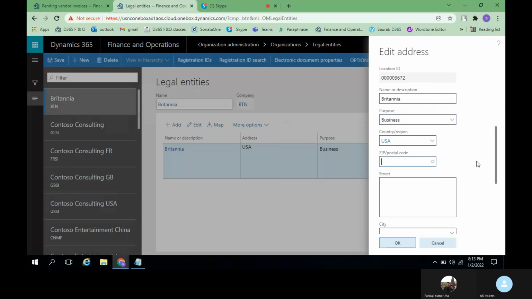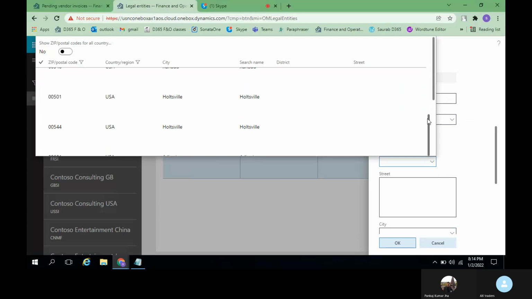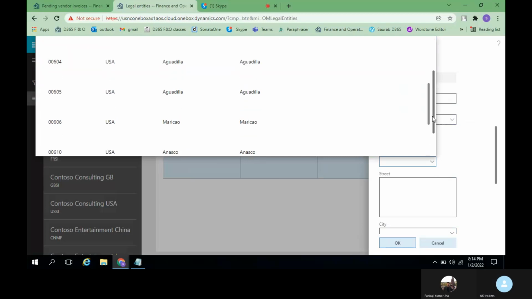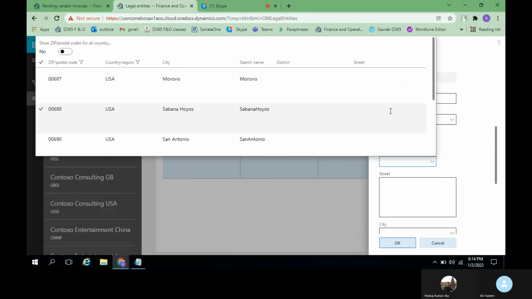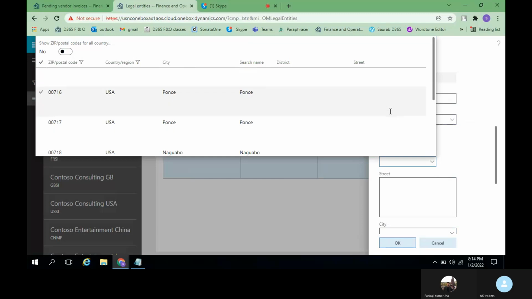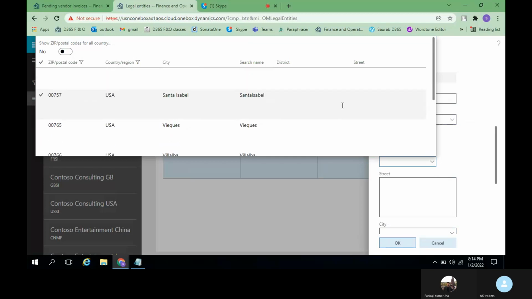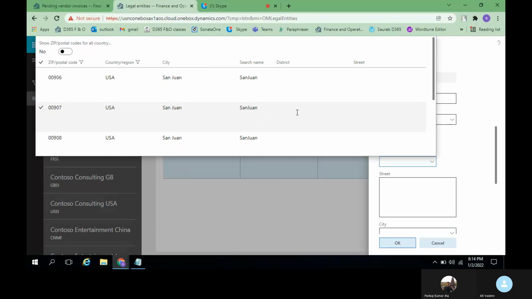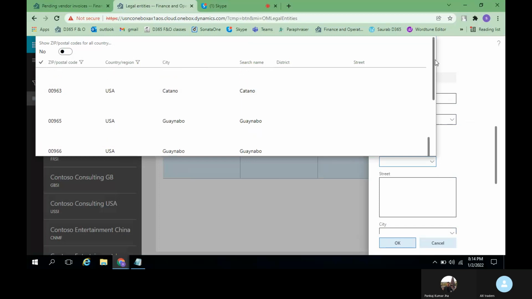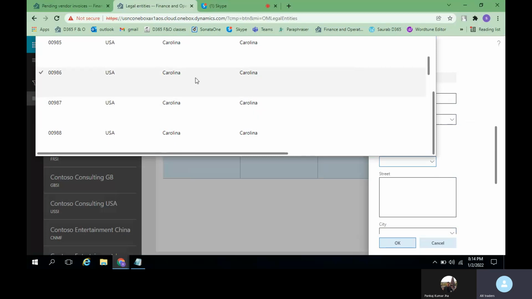Postal code you can select. Okay, just for sample we'll select this as a Carolina address.